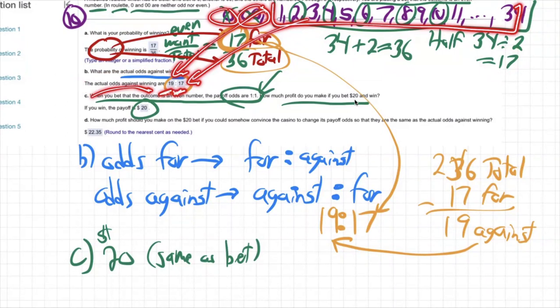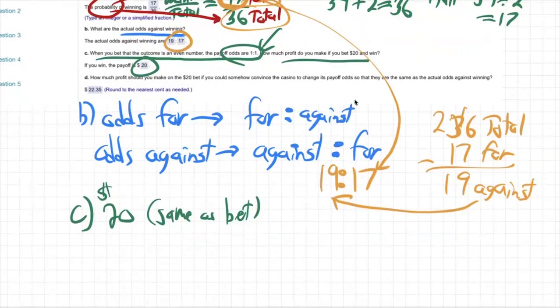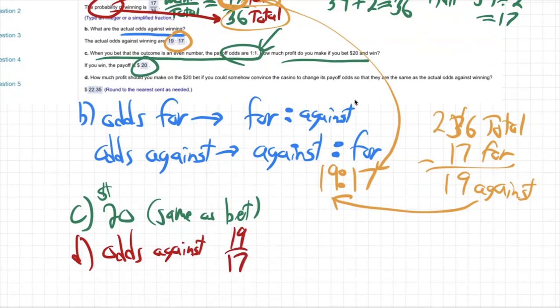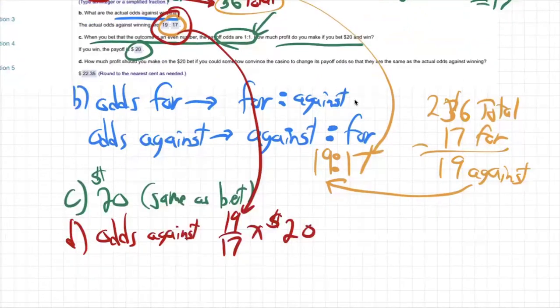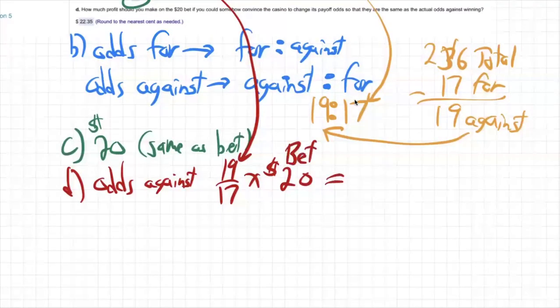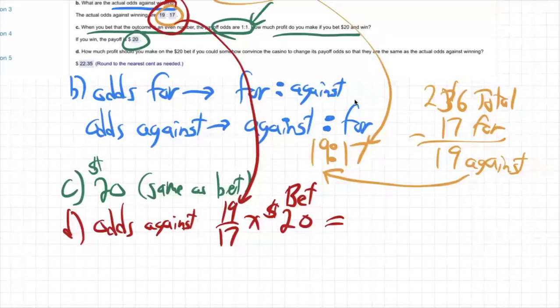Well, therefore, if they really want to make it fair, they could pay you more money when you win than they take from you when you lose, because there's a bigger chance you're going to lose. So what would they have to do? You just take the odds against, whatever your odds against are. Mine is 19 over 17, just make it a fraction right here, and multiply by the bet, the $20 bet. Odds against times the bet. Because they'd have to pay you 19/17, more than one times your $20 bet. So if you multiply that on your calculator, you'll get